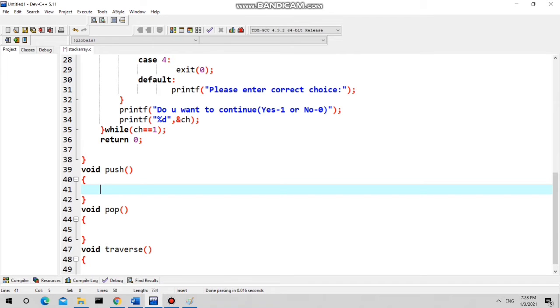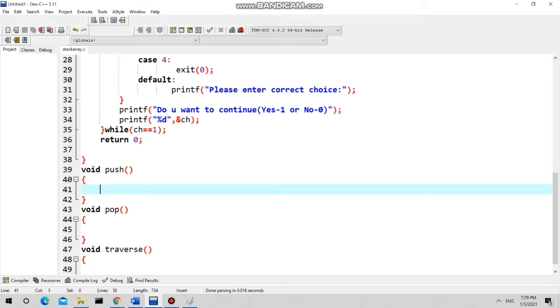Now go to push. Suppose right now the stack is empty, nothing is there in my stack. Now I want to perform the push operation. Can I perform the push operation? Definitely, because the stack is empty, so I can perform push. But if the stack is empty, are you able to perform the pop operation? No, because nothing is there for deleting. So you need to consider this situation. While performing the push operation, no need to check whether the stack is empty or not. Only you need to check whether the stack is full, because if the stack is full, you can't perform the push operation.